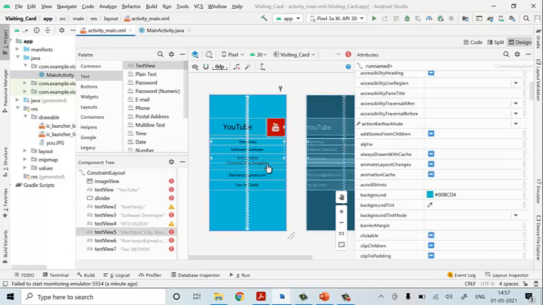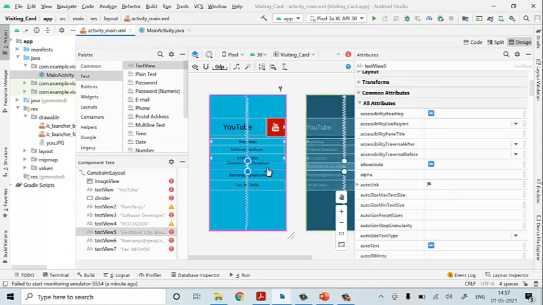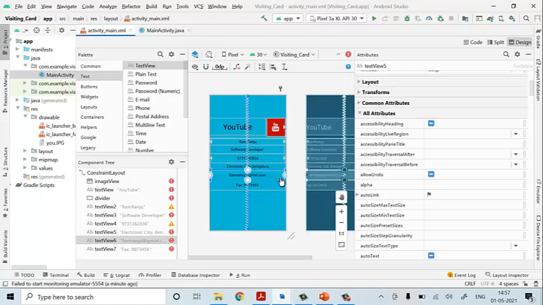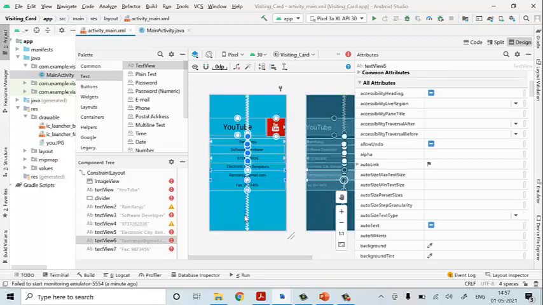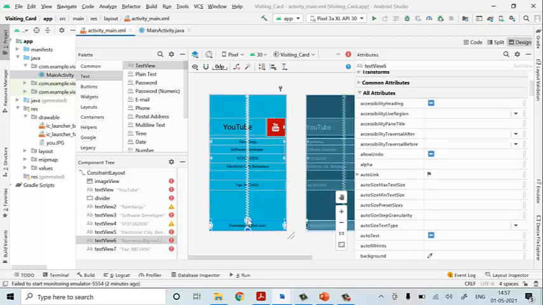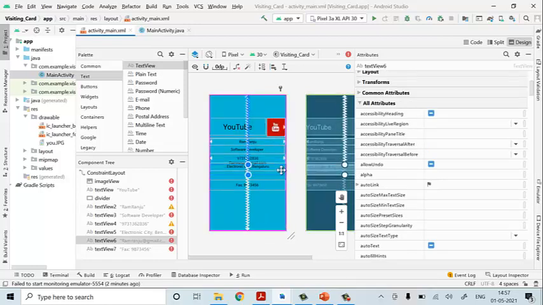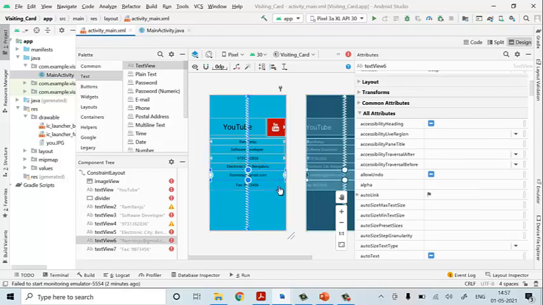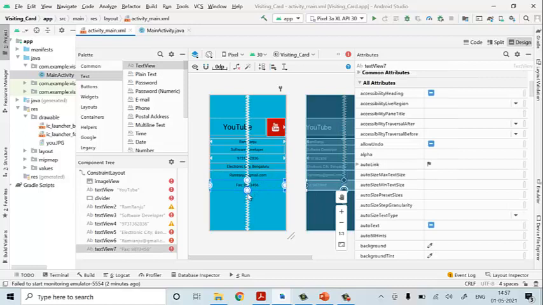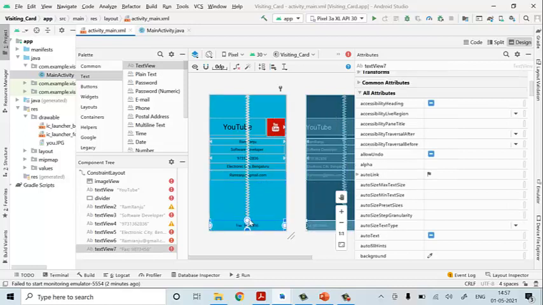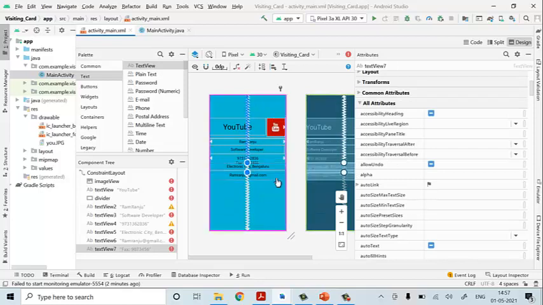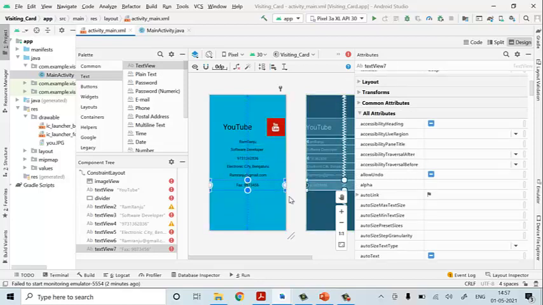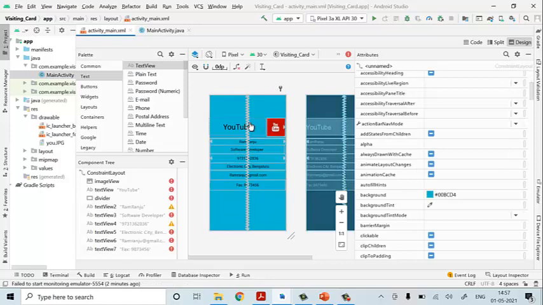You have to place it in the correct location. The same you have to do for your mail ID also. It will come down, but you have to adjust it properly. Okay, now it is set properly. The same thing you have to do for your fax. Select it and drag it to your drop down. Now we will check it out. This also we will apply.